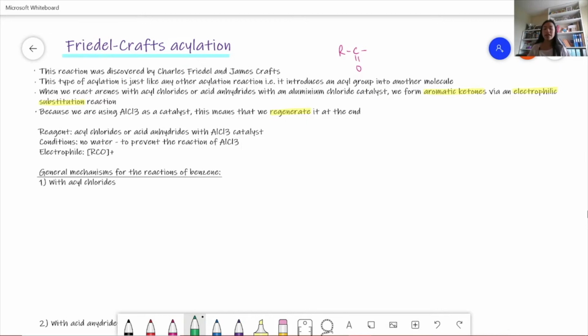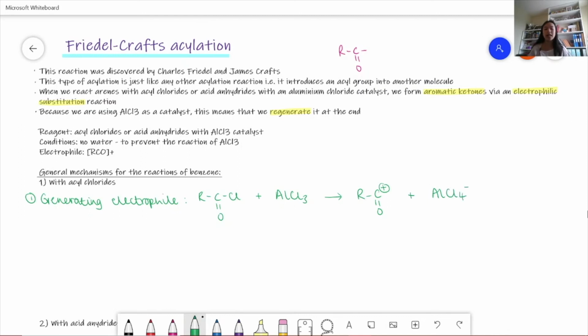So first we need to generate the electrophile. So this is the first step. And what we do is we have this acyl chloride, and this reacts with the catalyst, aluminium chloride. And what this forms is the electrophile and also AlCl4 minus. So we get R-C double bond O, and now there's a positive charge on the carbon because we've lost the chlorine. And the chlorine has gone on to the